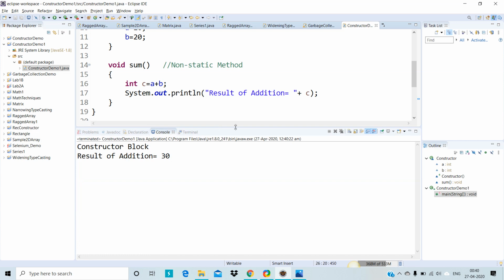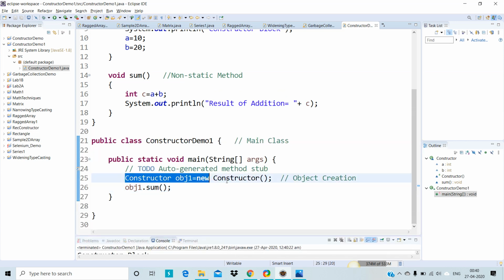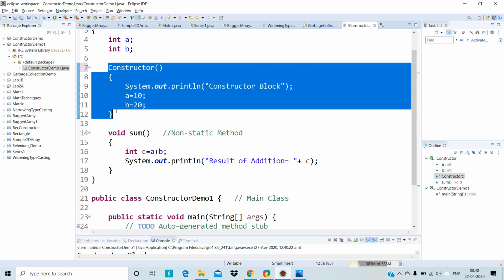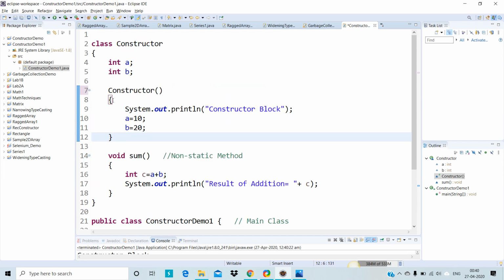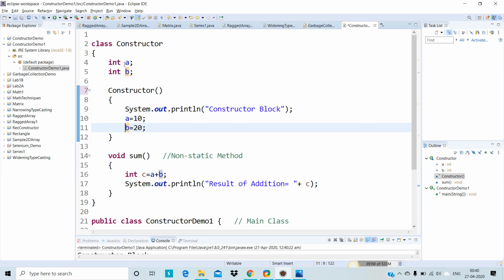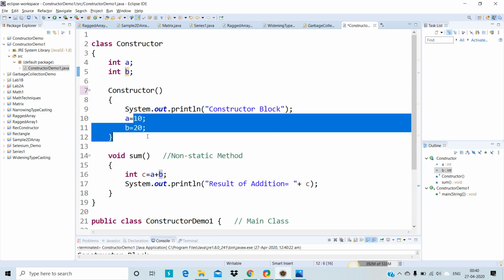First point: as soon as you create the object, the constructor block gets executed. Constructor name and class name should be the same. Constructors are used to initialize the variables. Here the variables a and b are initialized to 10 and 20.